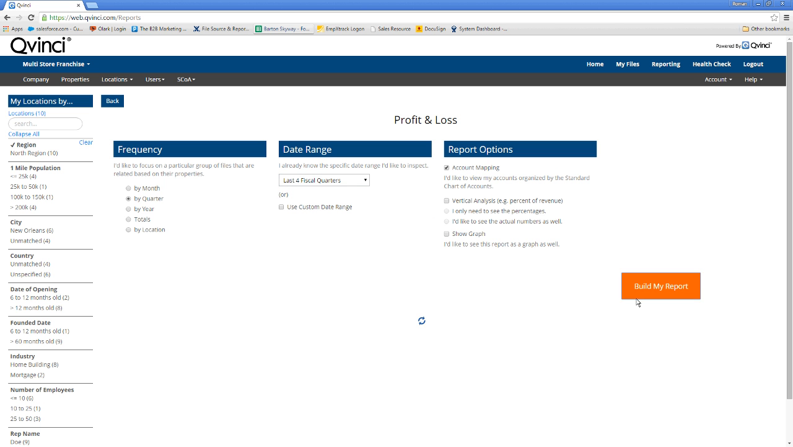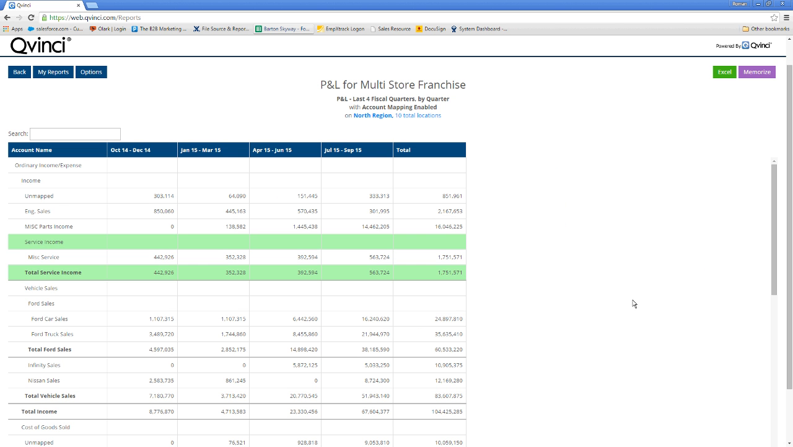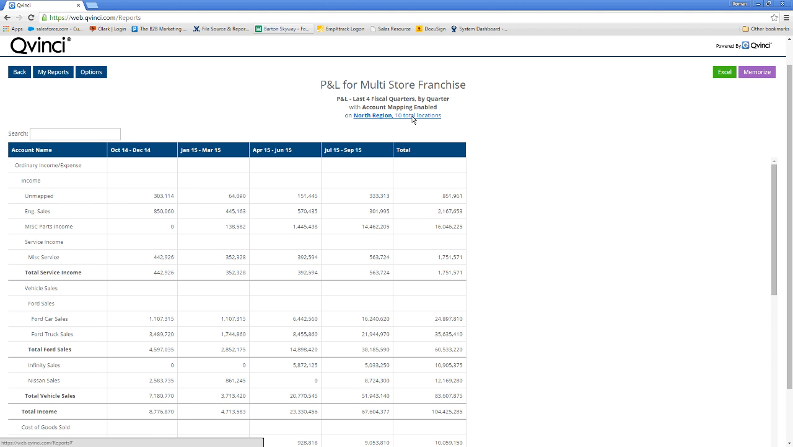We run that report, and what we present you with is a consolidation of those 10 locations. As I'm sure most of you are well-versed in QuickBooks and the various other accounting software on the market, this can be a very difficult report to generate. And in making it a couple of clicks of a button for you, we make it very easy for you